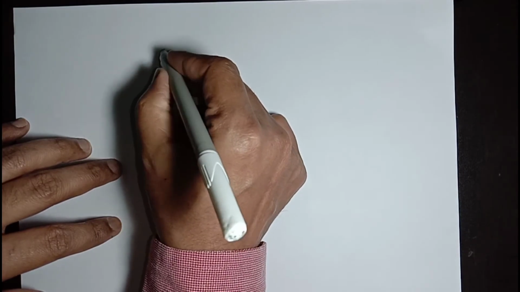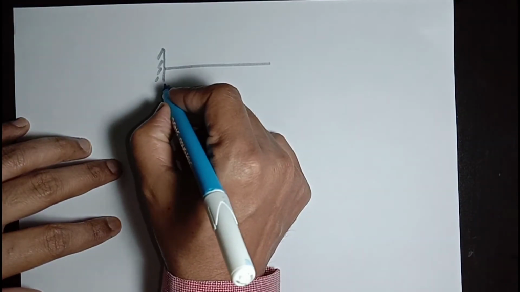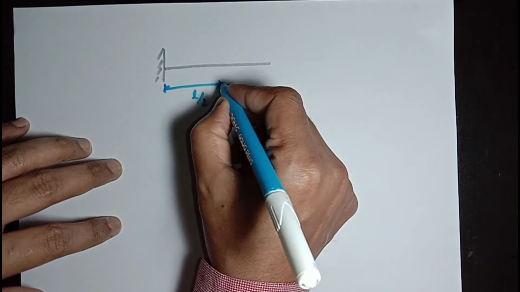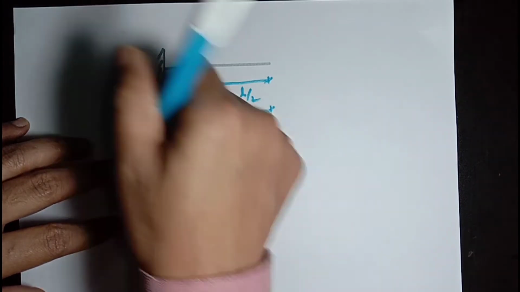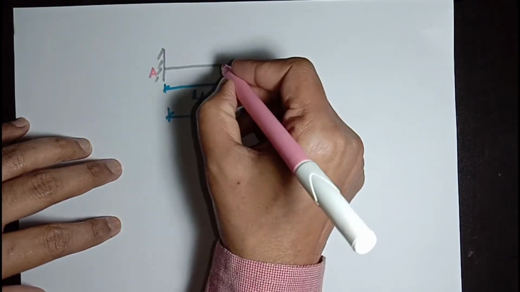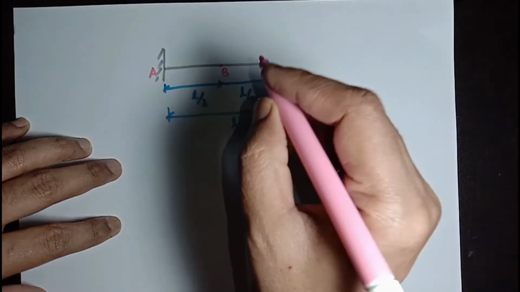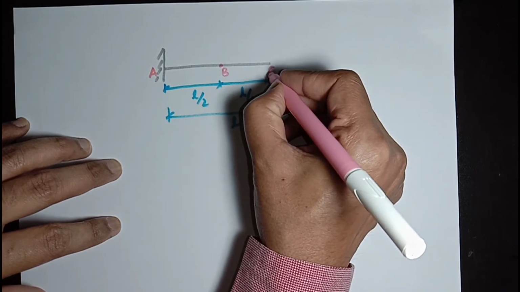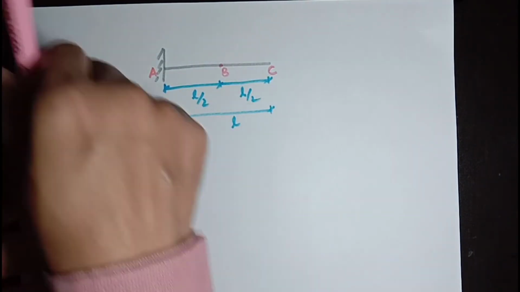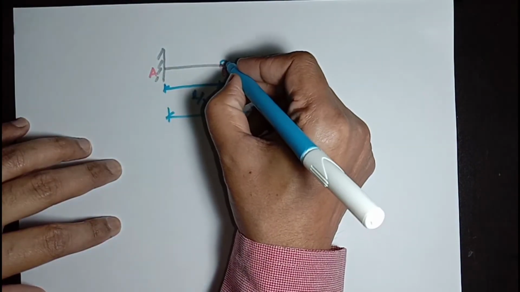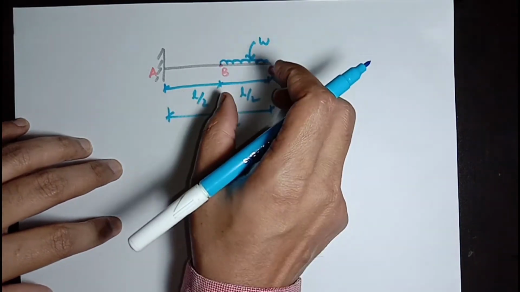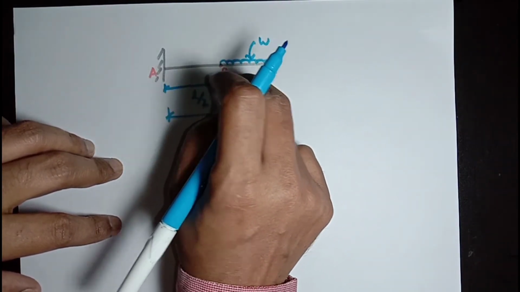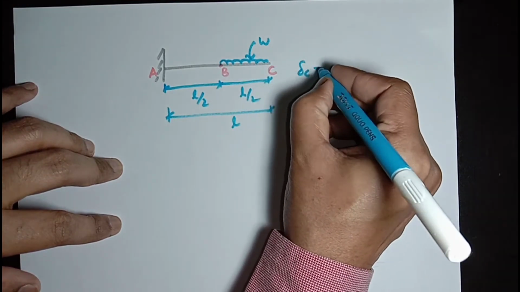The problem statement is here. This is the cantilever beam. Half of this length is L by 2 and half of this length is L by 2. Total length is L. This support end is with A. The center of this beam is B and this free end is C. And it is given this beam is subjected with a UDL value of W, which is acting at a half portion of this beam from tip to center of this beam, and we need to find delta C.